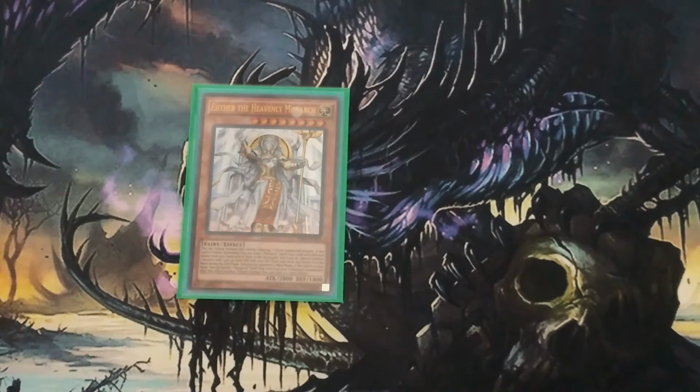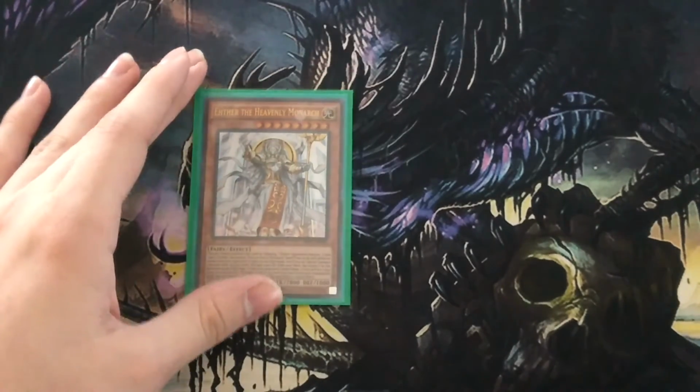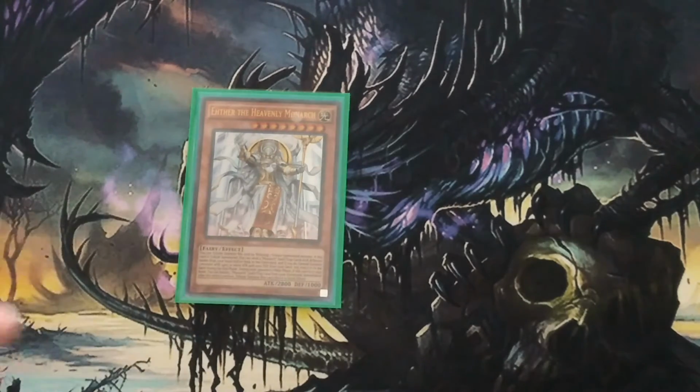I feel like we could have a Monarch for either being alive or in limbo or something like that. I feel like that would be a really cool concept. It would be another level 8 with 2800 and 1000, and it would have the send to do something effect. I'm not saying have it be anything crazy. Maybe mill 2, gain an additional tribute summon this turn, and then give it a graveyard effect